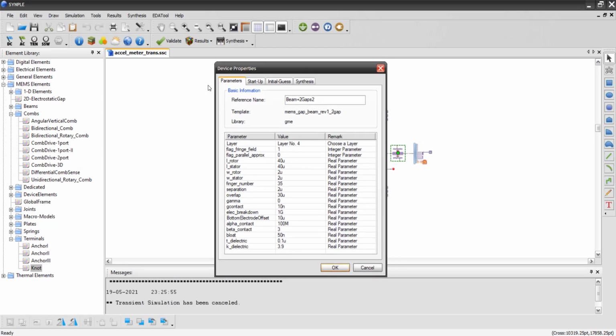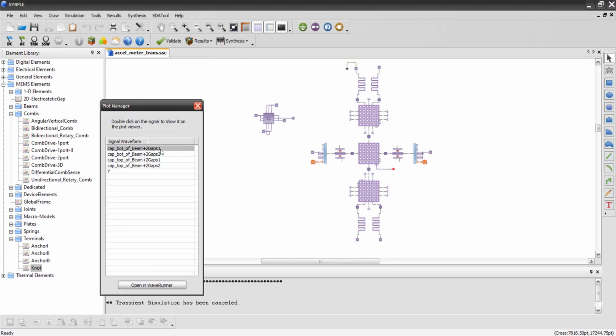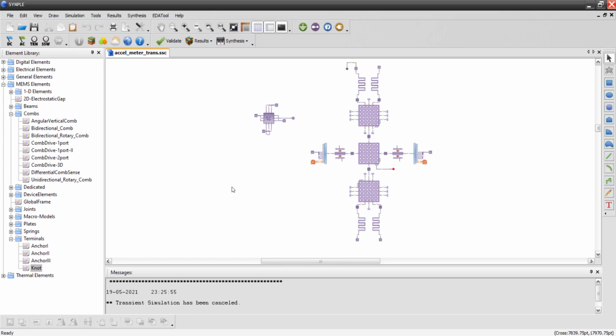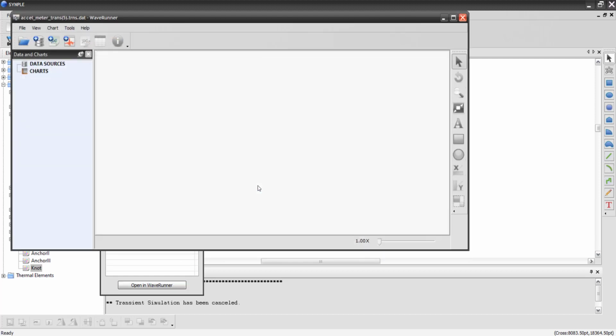So we have two elements, one on each side. So the top side capacitance between the combs is what it is showing. So it is for one side of the comb. On the left side there are top capacitance and bottom capacitance. So similarly on the right side we have top capacitance and bottom capacitance. So that's what is showing. And now we can play with this data to see how much